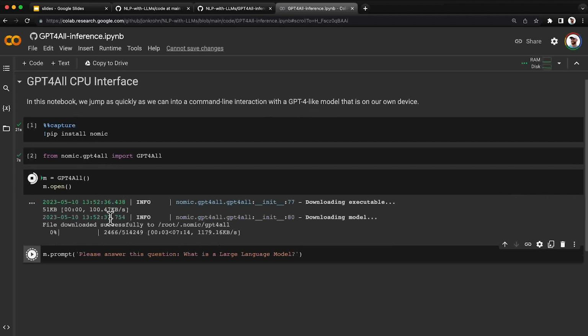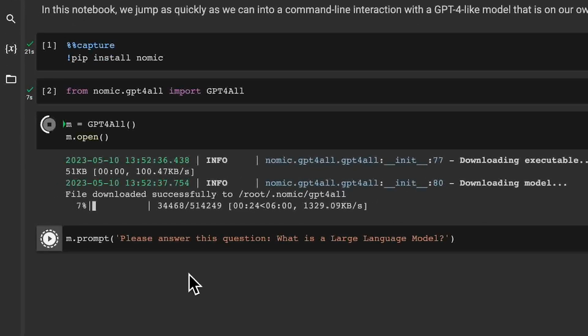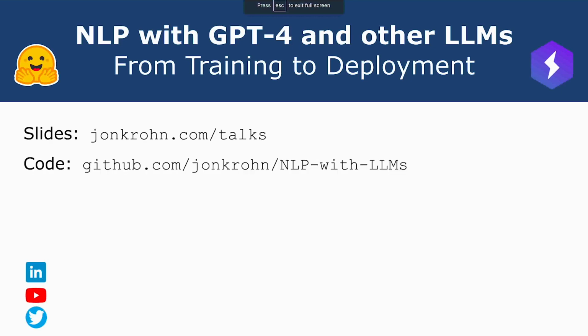But the Cliff's notes is that it's a large language model that fits onto a single machine and allows you to have GPT-4, or at least GPT-3.5-like capabilities, in being able to interpret your instructions and have a real conversation with you. So I've got it kicking off with, please answer this question. What is a large language model? While that is booting up,